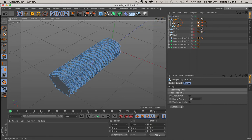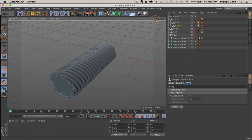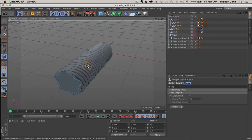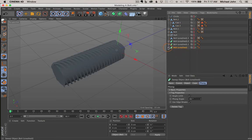So right away, though, we're just going to be working with caps 1 and caps 2, like you see here, which are both identical. They just make up both ends of this bolt. And so you can see here that the caps 1 and caps 2 are comprised of this circle and then the teeth that make up the rivets. So the circle makes up the cylinder, and the teeth make up the rivets. And how we achieved this bolt with these 2 end caps was by utilizing a sweep NURBS with a cogwheel and a helix spline. So again, it was a pretty unorthodox method, but the reason I like this method is because